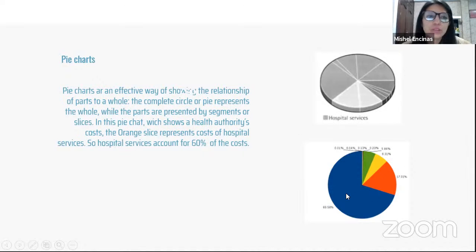This is a whole. The complete circle or pie represents the whole, as we said, while the parts are represented by segments, and these are segments, okay? Or slices, like in a